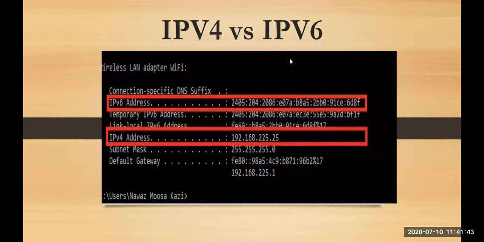In IPv4, whenever you are separating your binary bits, it is with the help of the dot. In IPv6, it is with the help of colons. You can see over your screens. IPv4 offers 12 header fields. IPv6 offers 8 header fields. Next, IPv4 supports broadcasting. IPv6 doesn't support broadcasting.